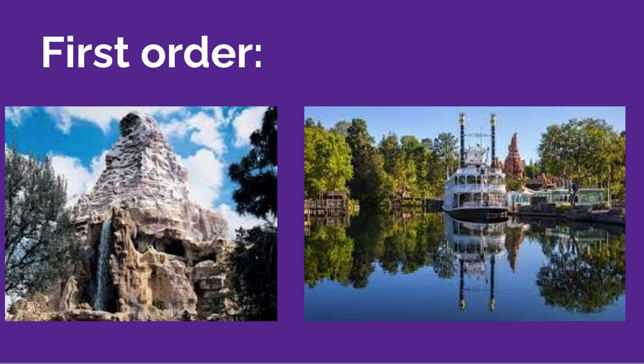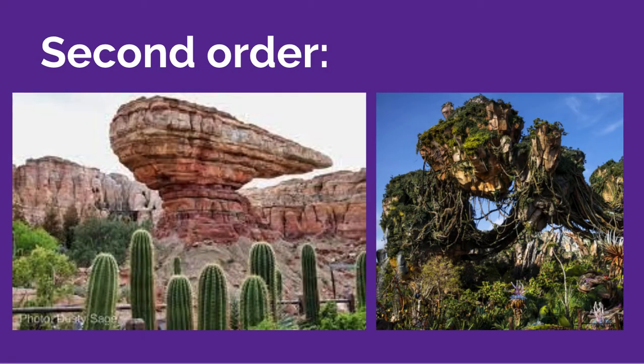And if you didn't know that it's supposed to represent both as well as other rivers in America, now you do. Moving on to second order, that is when the lines start to be blurred between real and fake. So on the right-hand side, we can see Cars Land, which is new. The rocks are actually fake, and if you knock on them, you can tell that they are. If you do not, they obviously look very real, and so the reality and the fakeness starts to get blurred.